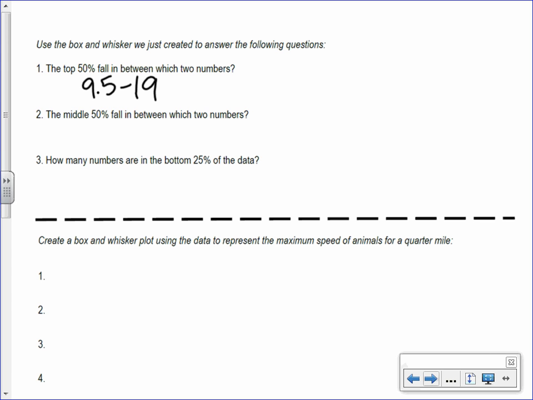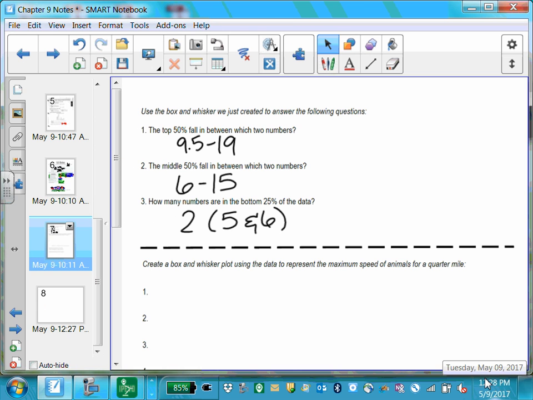All right. The middle 50 we already said was 6 to what? 15. How many numbers are there in the bottom of the data? Well, Clay already told us that. Just 2. 5 and 6. So that's the nice thing about box and whiskers. They split up your data into those 50%. Everybody good? Questions, concerns? Okay, so now what you're going to do, you are